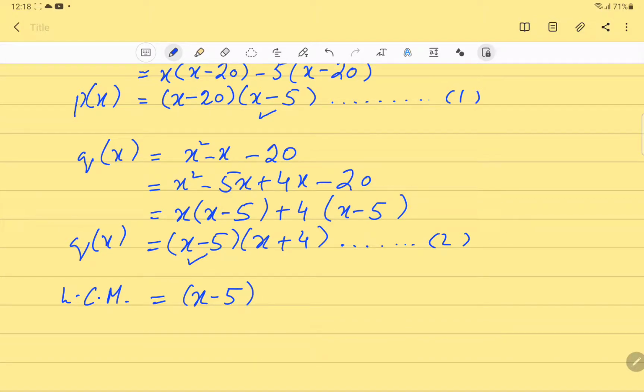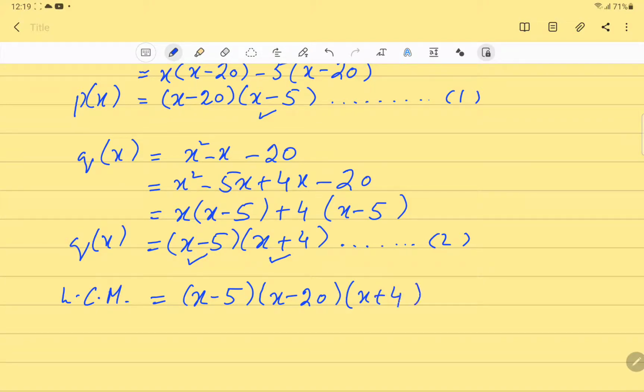Now left behind are two more factors, where one is in equation number 1, which is x minus 20, and the other one is in equation 2, which is x plus 4. So these we will write one by one. x minus 20, and from the second expression we will be writing